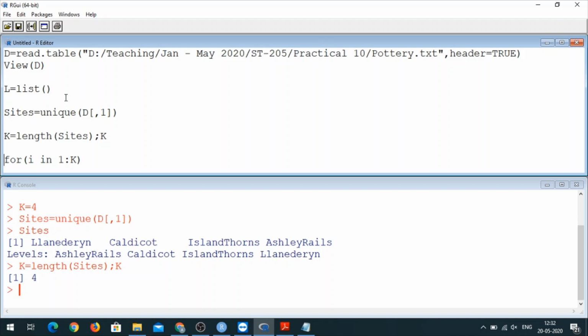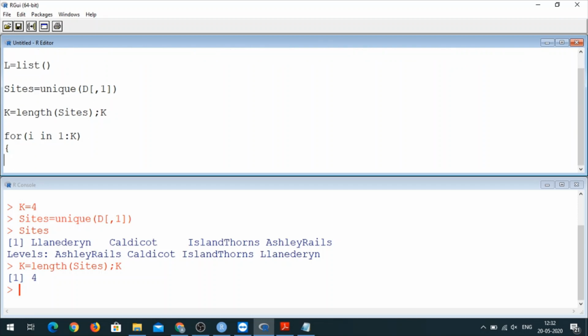Now for i in 1 to k, I have to separate data for each site. So the ith component of this list is a subset of my original data. Of course, I would remove the first column. And what kind of subset? I would say D1 equal to sites at i.